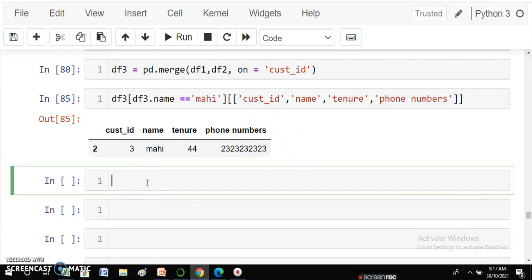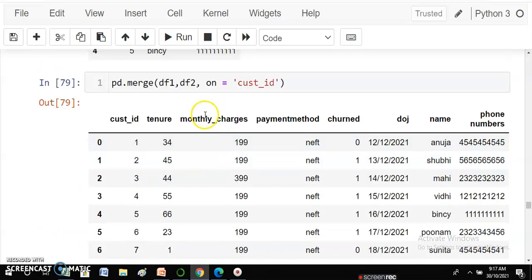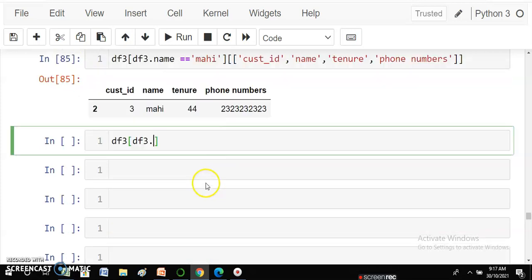Let's apply one more filter condition and let's see how it is working. I'm writing over here df3 and I'm applying one more filter condition where I'm saying that my df3 is having monthly charges equal to 199.